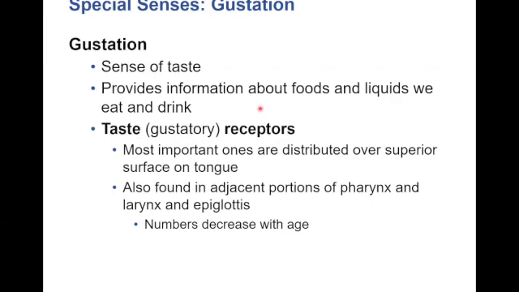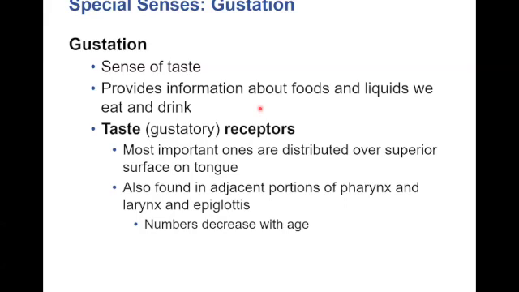What do we call those receptors? Does anyone know? The special organ or structure for gustation? Taste buds, right? Taste buds. So these taste buds are the receptors for taste, right? For gustation. So before we get there, before we talk about the taste buds, we're going to talk about something